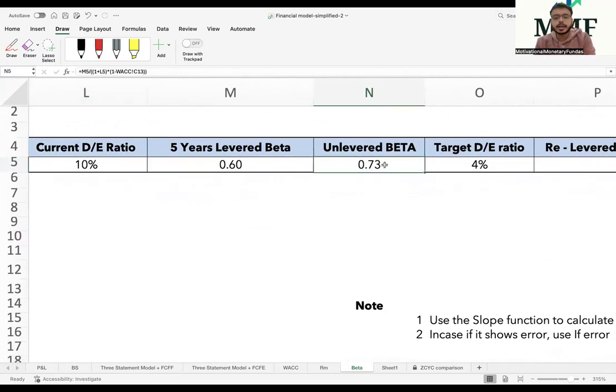And what is my reason to calculate the unlevered beta? Why will I calculate the unlevered beta? Practically, there is no use of this term unlevered beta. Every time, in 100% of the cases, the market experts want to know the levered beta. But in the field of financial modeling and valuation, you have to unlever that beta. Why? The company which I'm trying to value, or a company for which I'm trying to prepare an equity research report, has some debt in it. The management might target to increase the debt or reduce the debt.